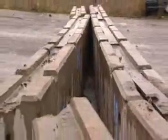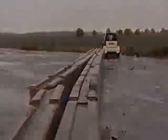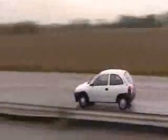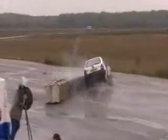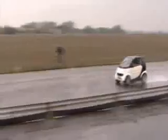The Corsa's greater mass moved the blocks more than the Smart. But in both cases, the concrete didn't necessarily deliver the killer blow you might have thought. But here's the rub. The cars may have stood up to the severity of the crash surprisingly well, but the